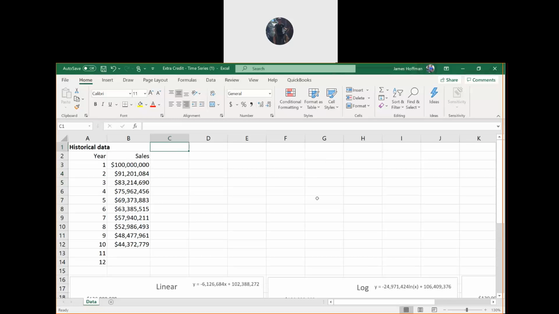Okay, and over here in C1, we were about to call this predictions. So let's call this section predictions. And we're going to have to do a separate prediction for the linear and the log and the polynomial. So in C2, let's call this linear.